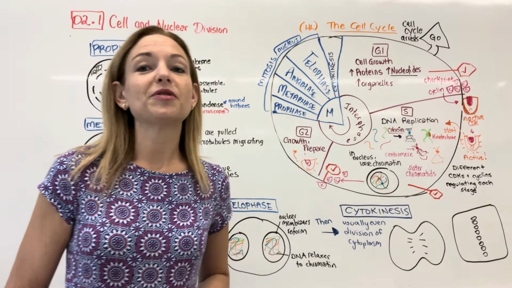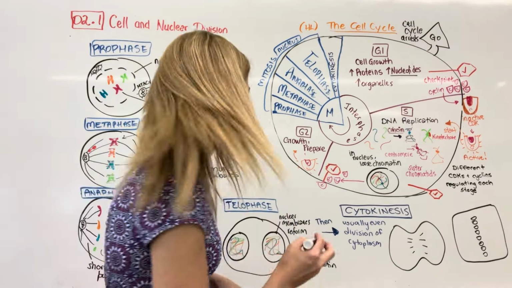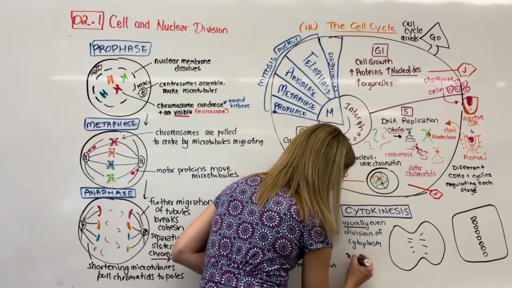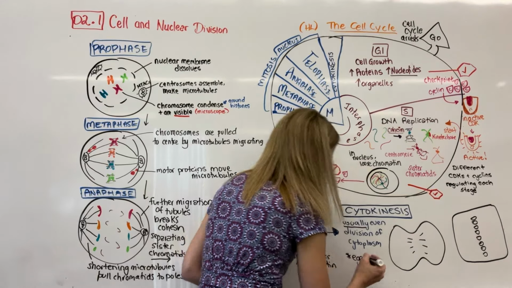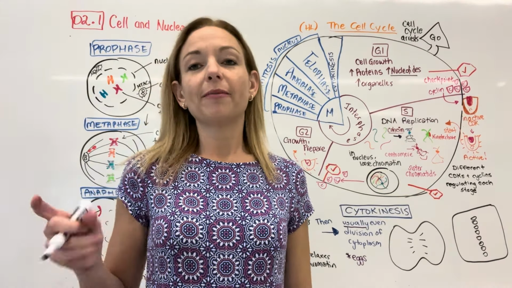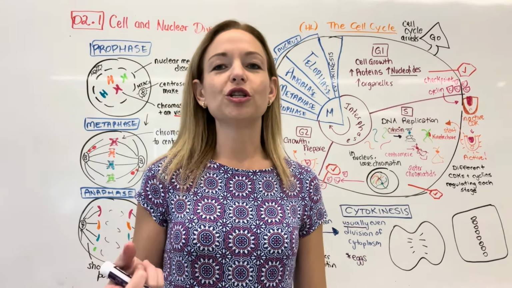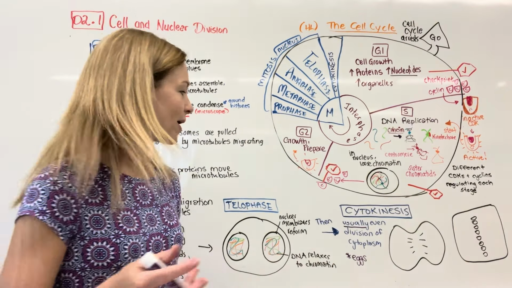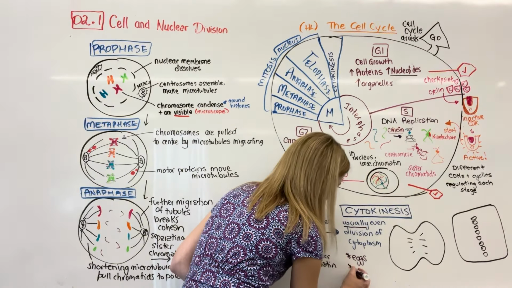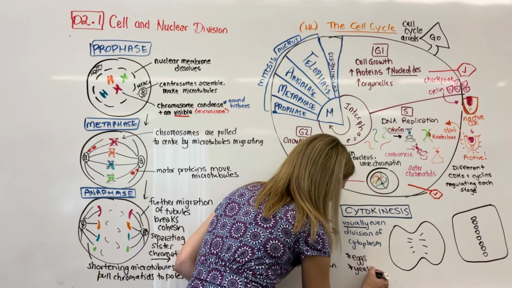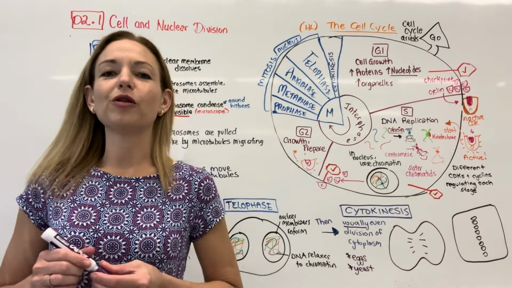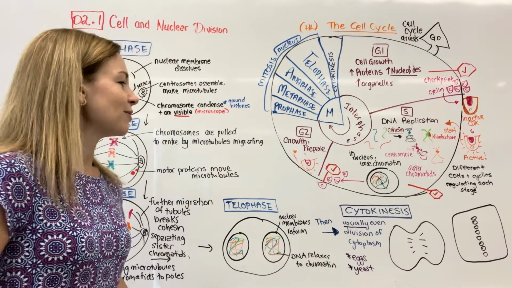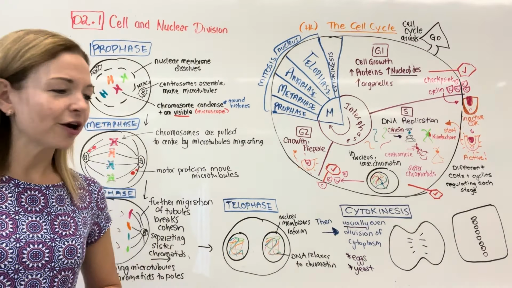The two exceptions that are in the course outline that they could ask you about are human eggs, when we're forming eggs, most species, in fact, not just humans, try to make a really large egg. So in order to do that, the egg is going to take all the cytoplasm, making polar bodies. And then the other possible exception is yeast, which does budding. So those are the two that you could know about for uneven division. Okay, so then we have our cytokinesis right there.